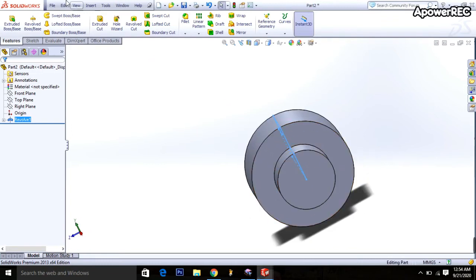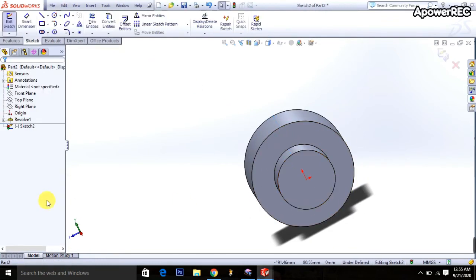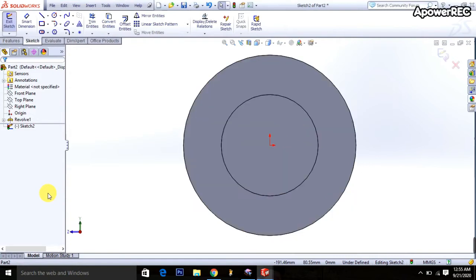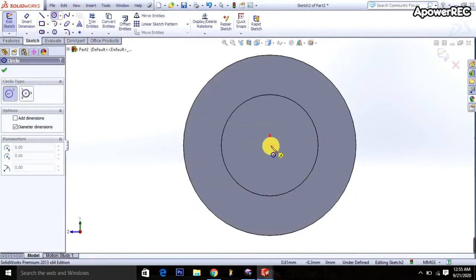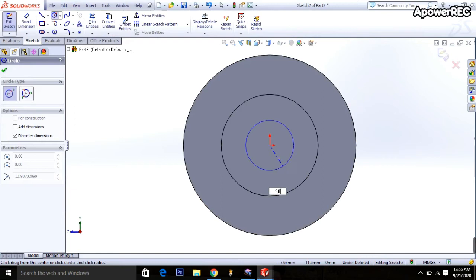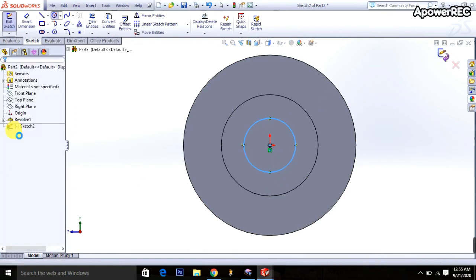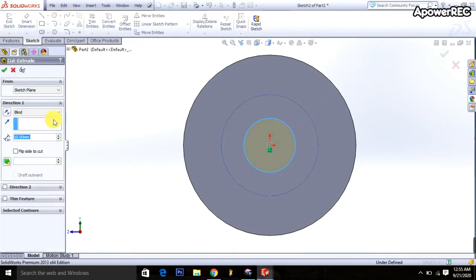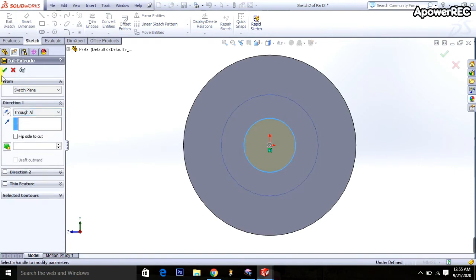Okay, then I'm going to select the extrude boss, click on the surface, Ctrl 8, then I'm going to select the circle and sketch it. It will be 30 millimeters. Okay, done. Then I'm selecting the tool. Okay,